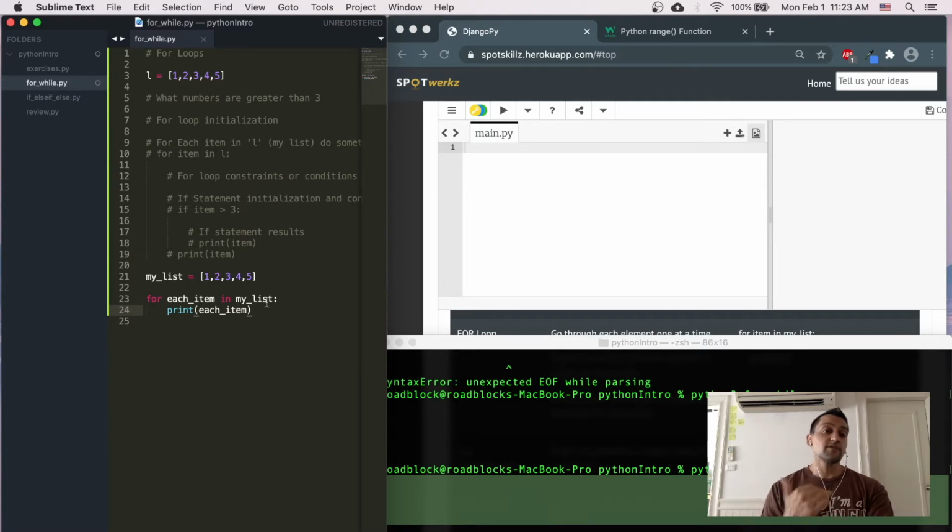That's how Python for loops work. If you come from other languages, normally it's for i equals 0, i is less than L.length, i plus plus. In other languages we have a counter starting at zero, and a length that tells us when to stop. So that's how it's normally done in other languages, but in Python the basic for loop is